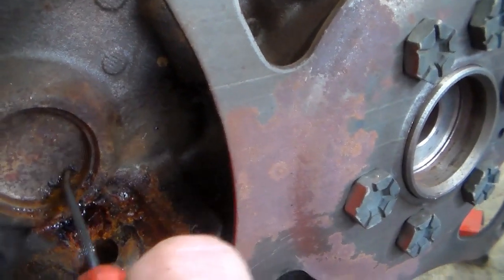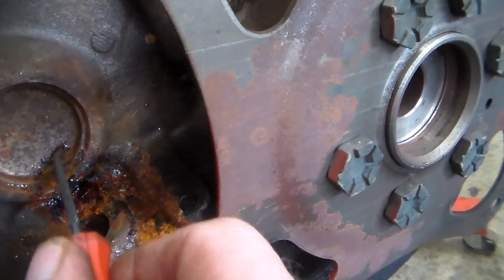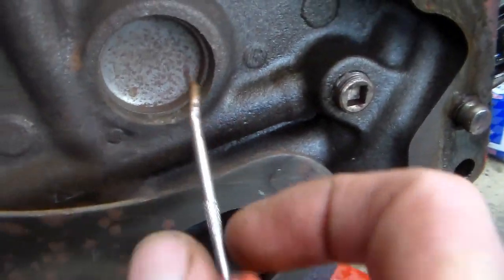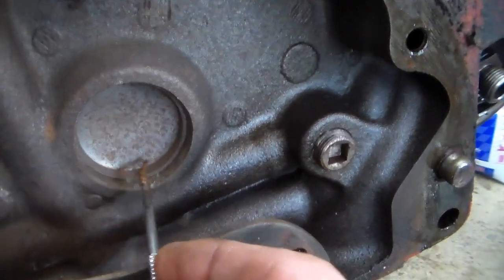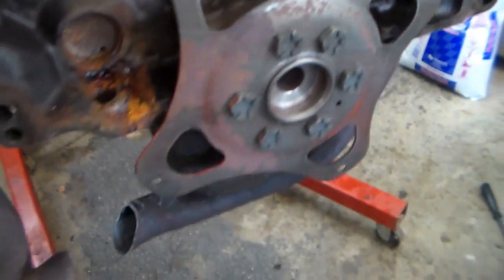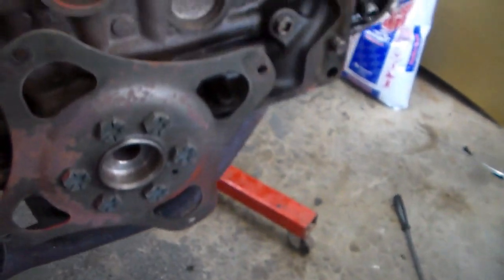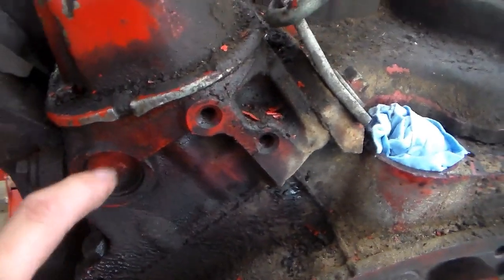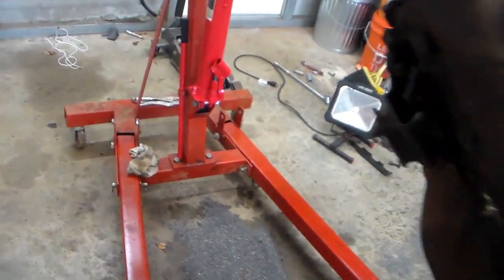So the thing about freeze plugs to remember is that they rust from the inside. So even though they look good out here, that one looks really good, doesn't it? Looks like brand new out here, but you don't know what's going on the inside of it. So we'll have to replace both of those. These are head core plugs. I don't know about these. Usually these never go out, but